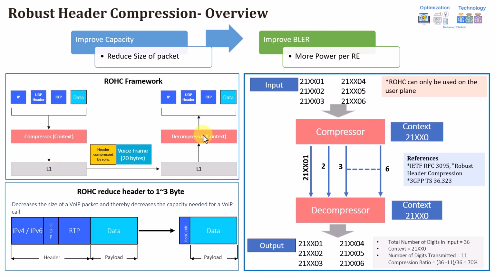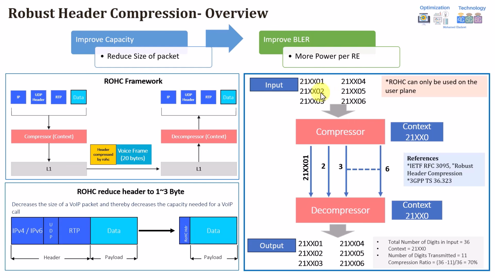The compressor and the decompressor will establish the context by sending the first packet in general as it is, without any compression. The first packet will be sent from the compressor to the decompressor, or sender to receiver, without any compression, but both of them will establish a context out of this packet. For example, this packet has a specific sequence. If you can see here, this packet, for example, is